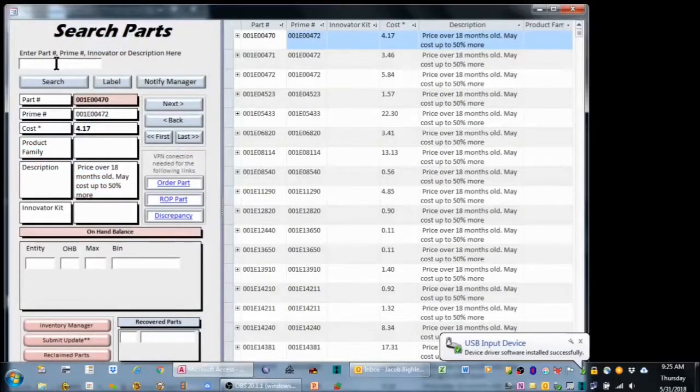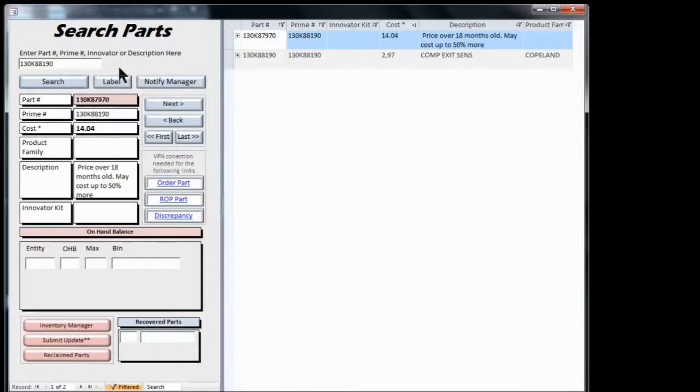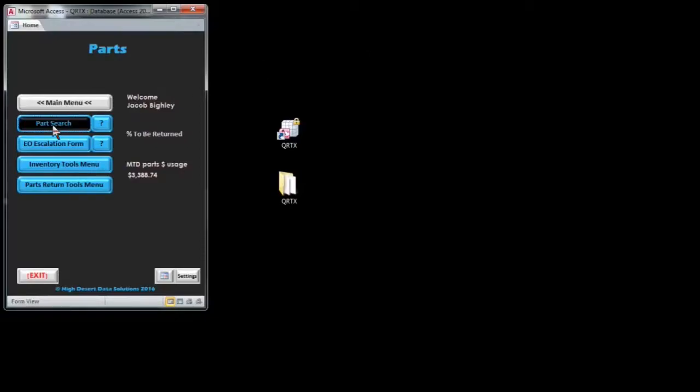So let's make sure that our scan gun is working properly. Let's just open up Parts Search. As it says, it's imported the driver. So we'll click in the search window. We'll do a test scan of a part number. There we go. Our scan gun is working. So let's go ahead and close this and go back to